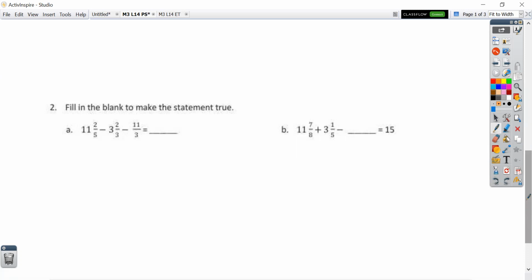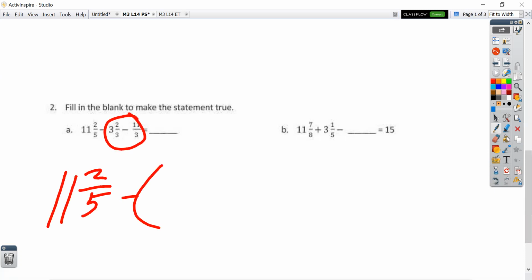So fill in the blank to make the statement true. We're going to do A together first. 11 2/5 minus 3 2/3 minus 1 1/3 is blank. So this one's just solve it by grouping them together. So let's see what we can do. We can combine our thirds. So let's rewrite this as 11 2/5